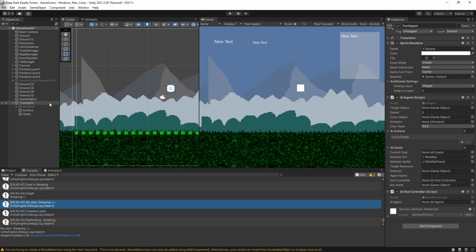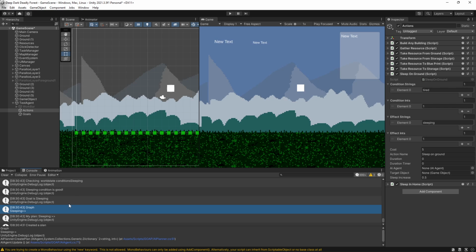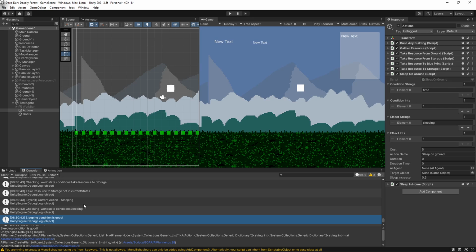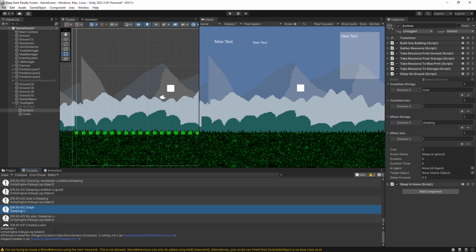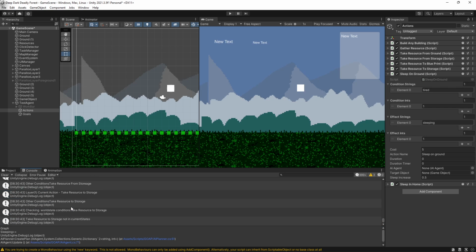Here, let's change the action name to sleep on ground instead of sleeping. Okay, goal is sleeping. Sleeping conditions good. Let's go to the graph. We only create one thing, which means